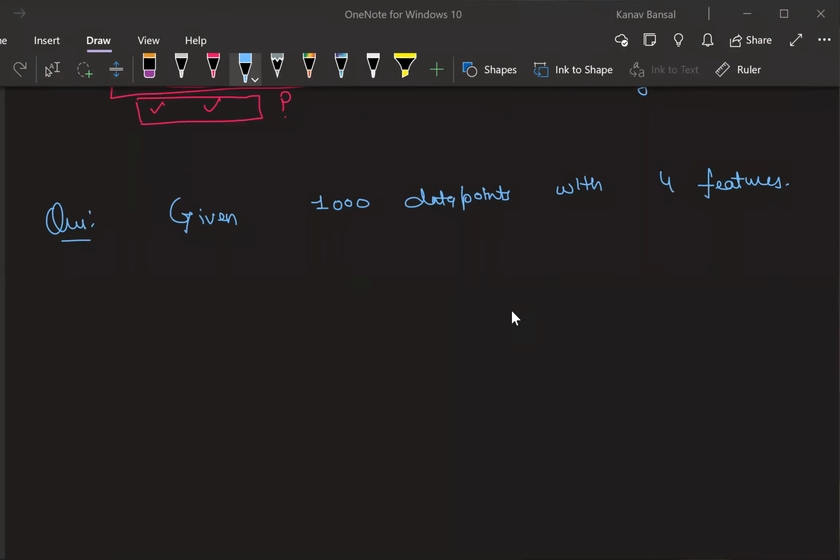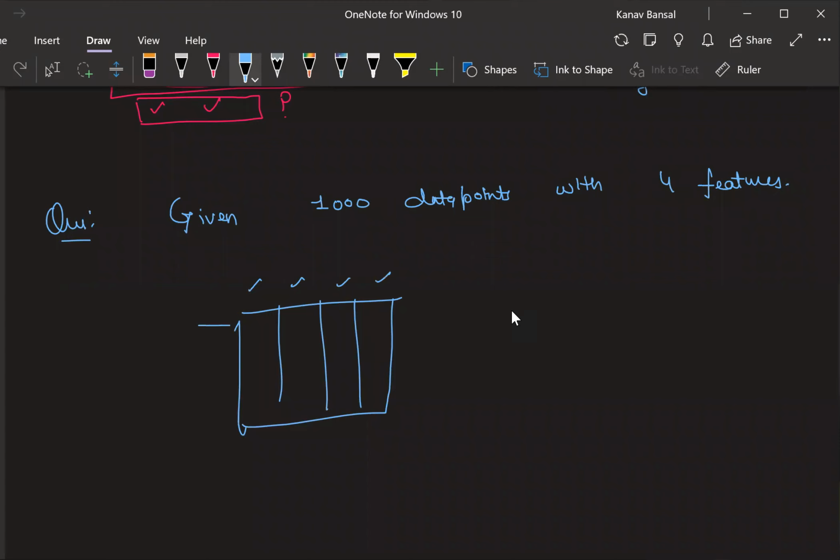So the data will look something like this. Row 1, row 2, column 1, column 2, column 3, and column 4. Similarly, you will have row 1, row 2, row 3, and so on up to the 1000th row. You will have 1000 different data points and 4 different features. Now, what else is given to you? The 4 features that are given to you